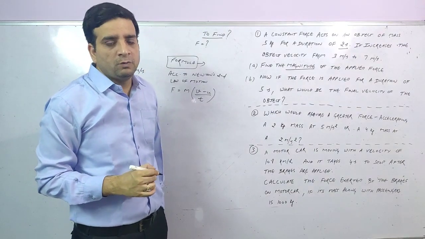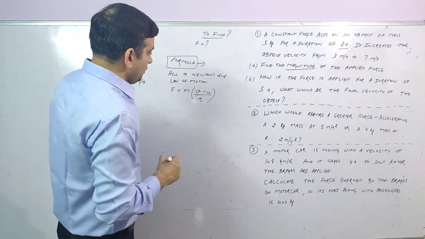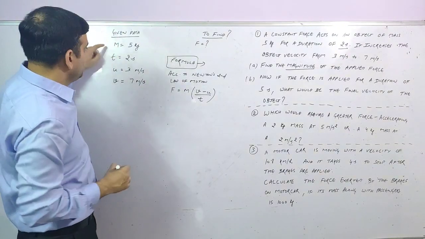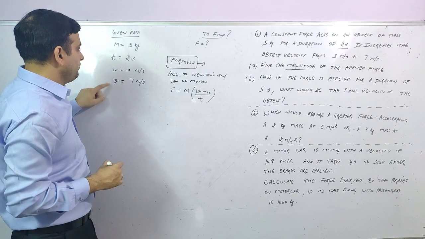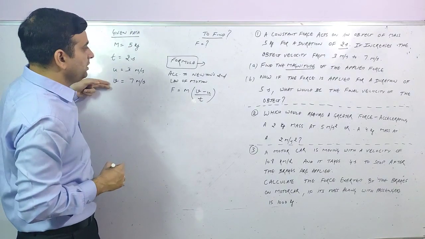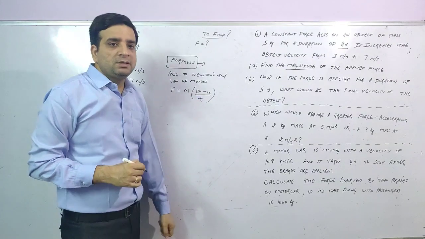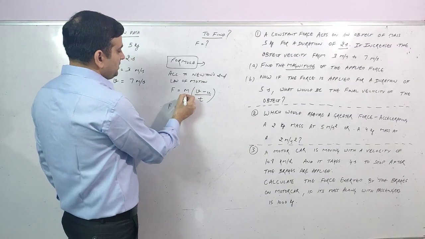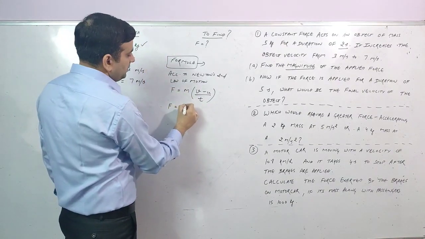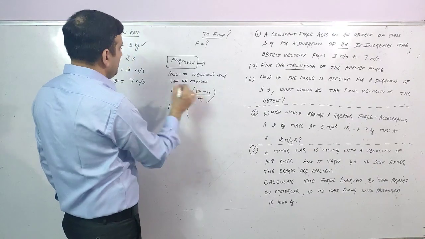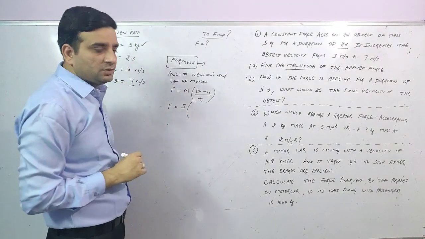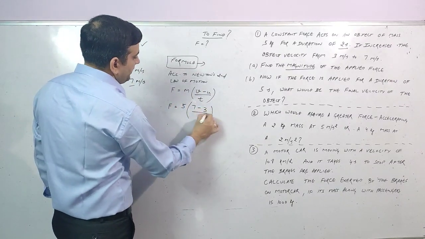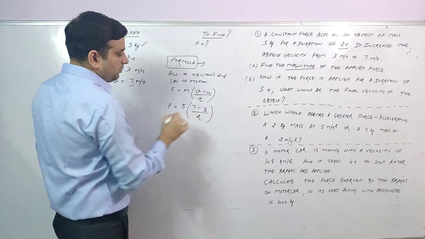All of you are aware of the formula for Newton's second law of motion. So why am I using this formula? Because according to the given parameters, mass is given, time is given, initial velocity is given, final velocity is given. So these expressions belong to which law? Newton's second law of motion. So F is equal to, what is the value of m? It is given. Put this value, 5 kilogram. What is the value of final velocity? 7, given. Initial velocity u is 3, divided by time, which is given, 2 seconds.